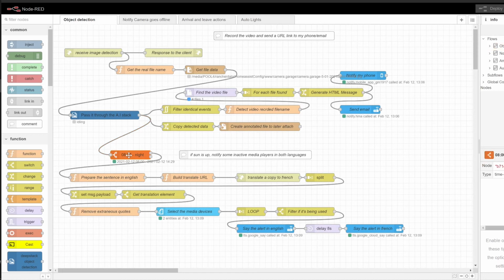If it is between 8 o'clock in the morning and at night, which is defined based on solar observations, long story short, if I'm up, it will prepare a sentence built from the AI detection, translate that message also to French, and then take both messages, send it through my media devices, and tell me what it saw.